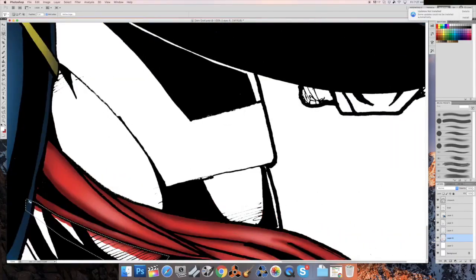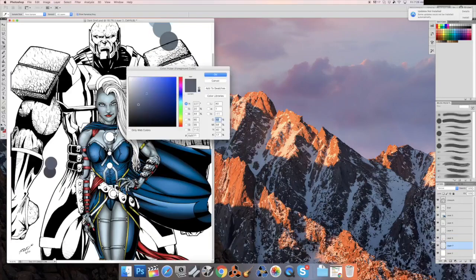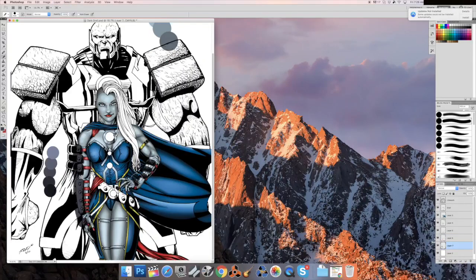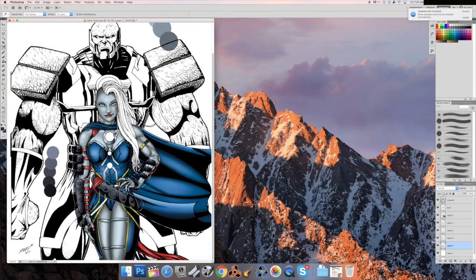And this is me going back in, selecting all that can't be there and deleting it. I know that it would make it easier to really isolate each section, especially when I'm going back to highlight, because then I can just select that section and highlight it and shade it, and it would make it easier for me. But,